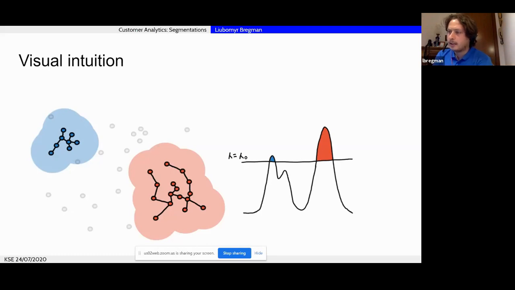I think HDBSCAN is probably still far from a perfect world, but it's probably the best we can use for now. If you would ask which algorithm should eventually be the clustering algorithm for customers, when you have a large number of customers, my answer will be that for now HDBSCAN should be the algorithm to use.